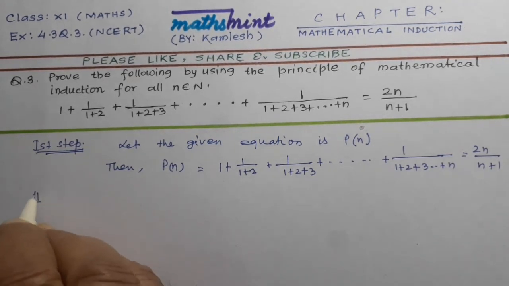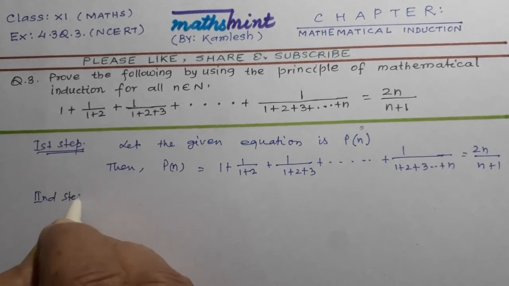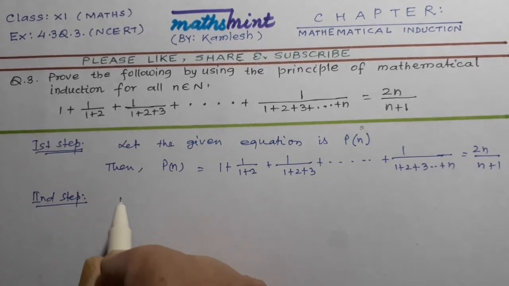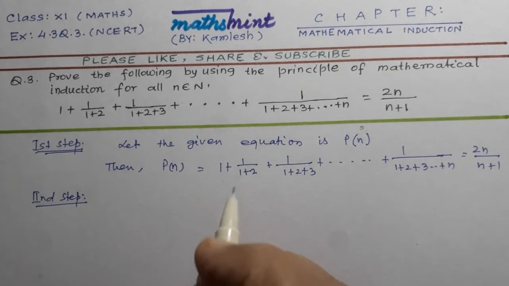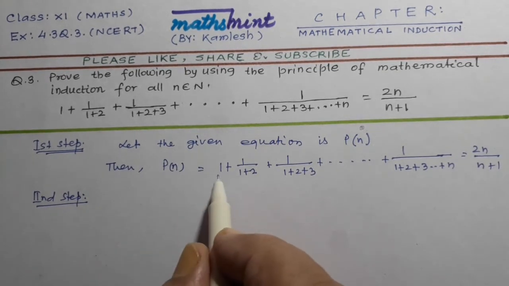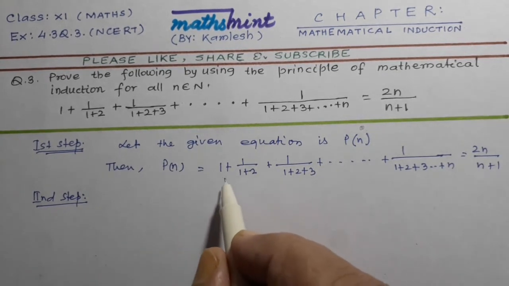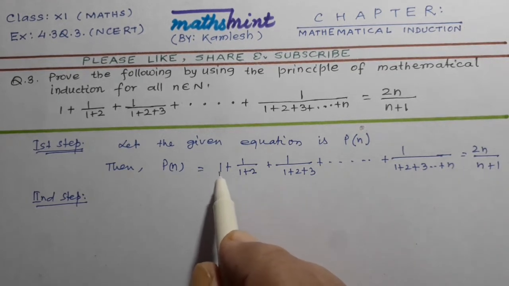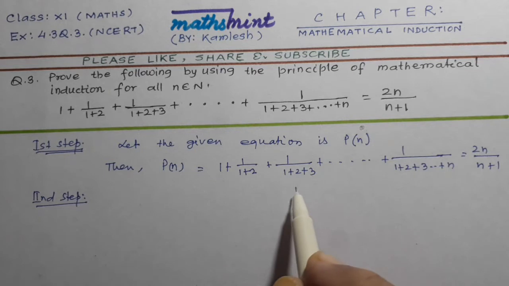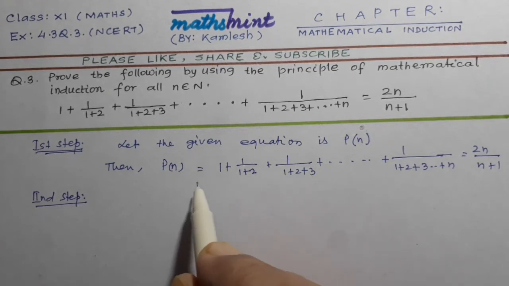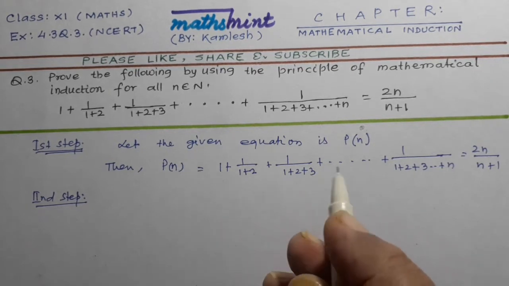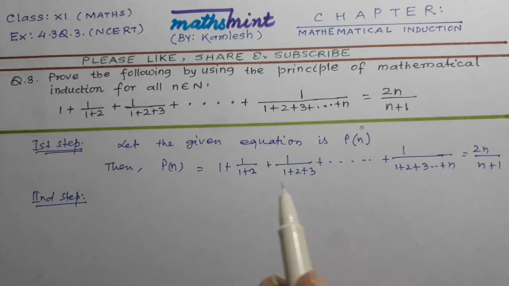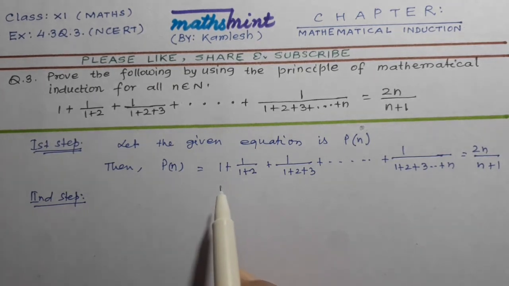Second step. In second step we are supposing n equal to 1. Why we are taking 1? Why other numbers we are not taking? Because if the number 1 is correct, then we shall proceed. If for number 1 we cannot prove it, then there will be no chance of proving later on, so we shall quit the question. So only the first term we are considering.